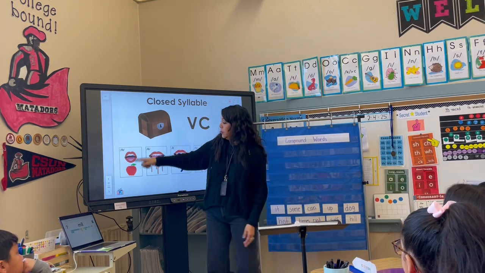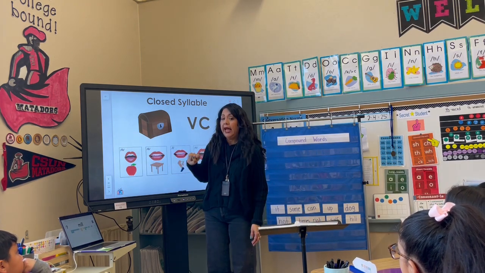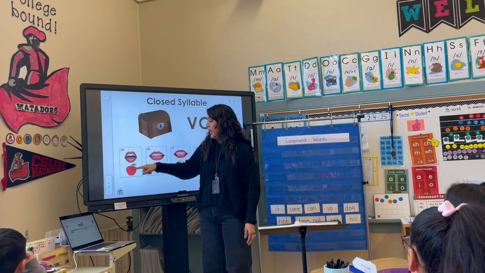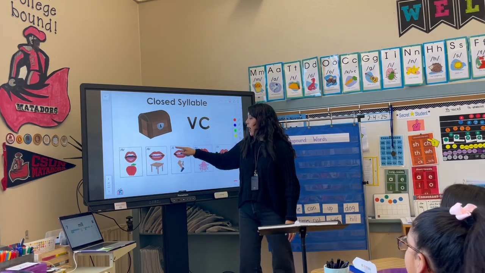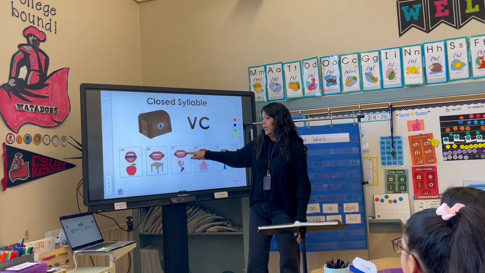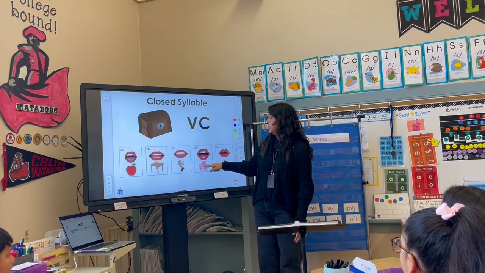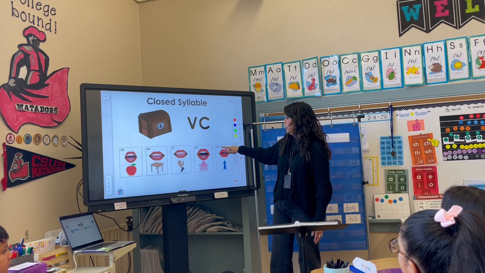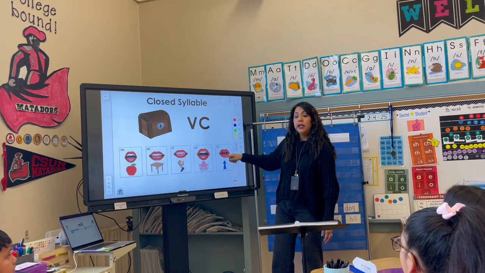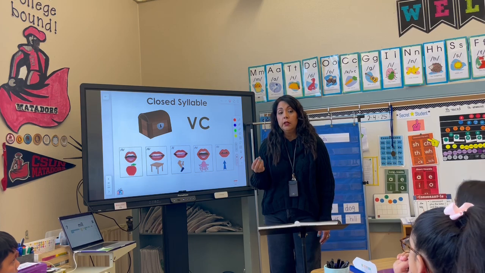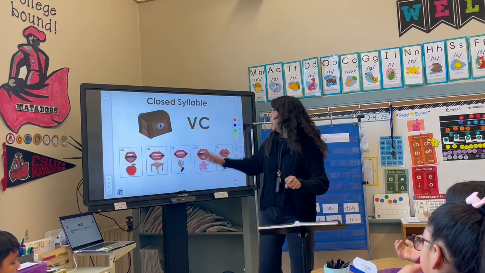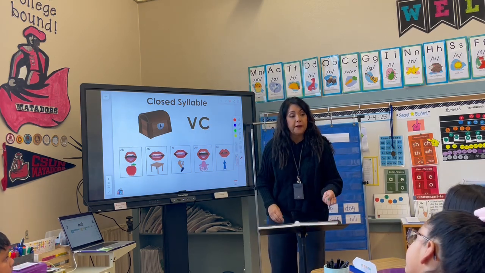Let's go ahead and review really quick. We go A, apple, a. Can you do that with me? A, apple, a. E, edge, e. I, itch, i. O, octopus, o. U. So those are our short vowel sounds. And remember, when the vowel is in the middle and there's a consonant after it, it's a short vowel sound,